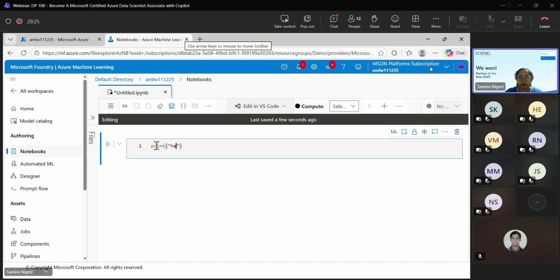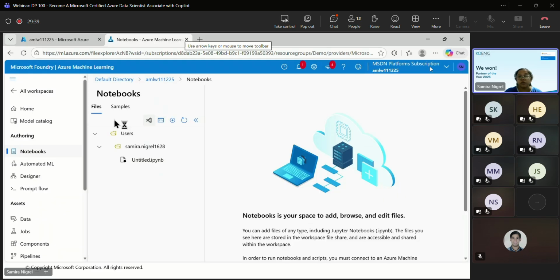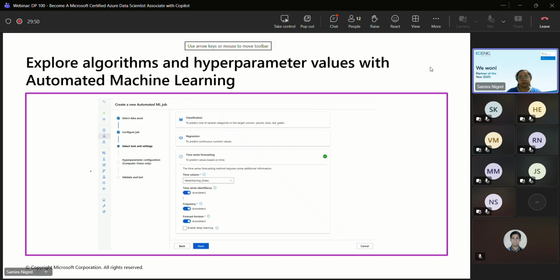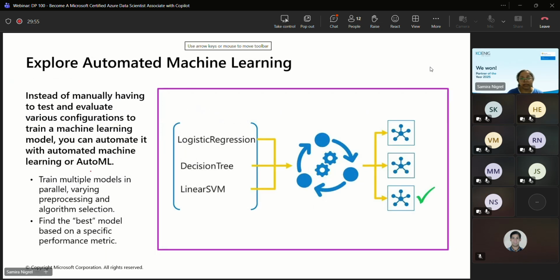I can execute this particular piece of code, whatever I have written, if my compute is up and running. So if you are a code-first kind of person, you can always use the notebooks. And there is one important aspect, automated ML. This is a no-code or low-code sort of approach. I'll come to that later.